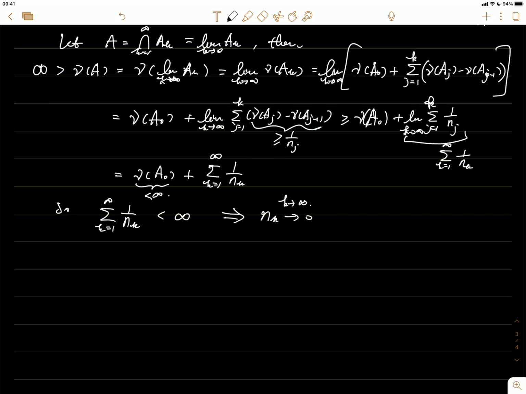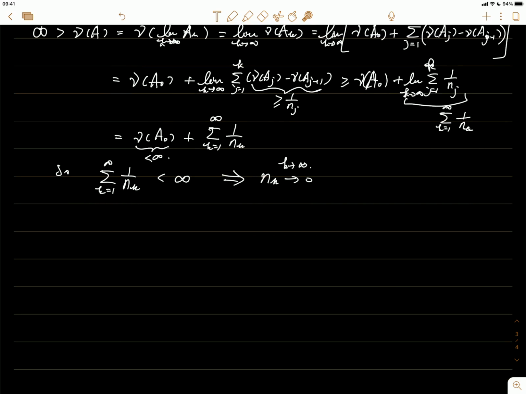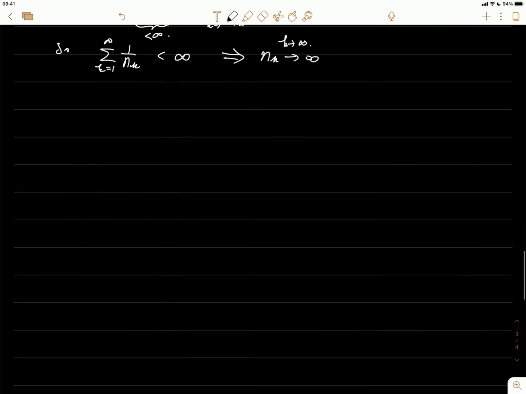Right? If there's a subsequence of this that is bounded away from 0, then we know the sum of this cannot be finite. So that means every one of them must go to 0, and that means the nk must go to infinity, sorry, goes to infinity as k goes to infinity. Okay, then with this fact,